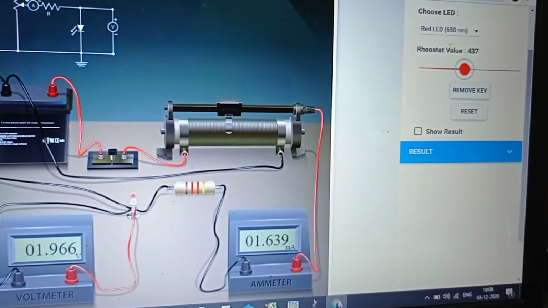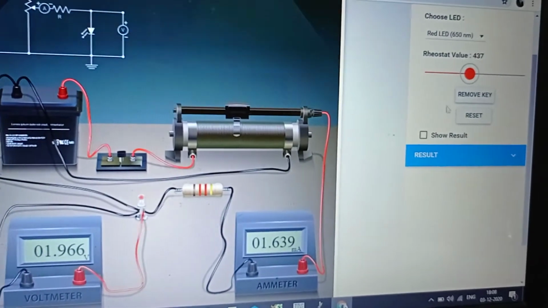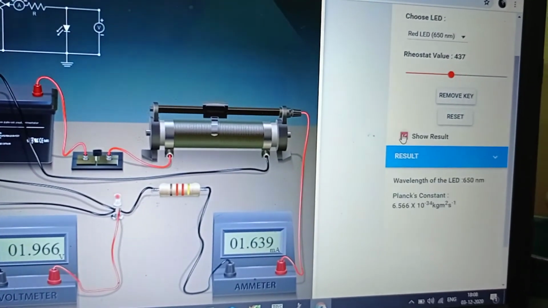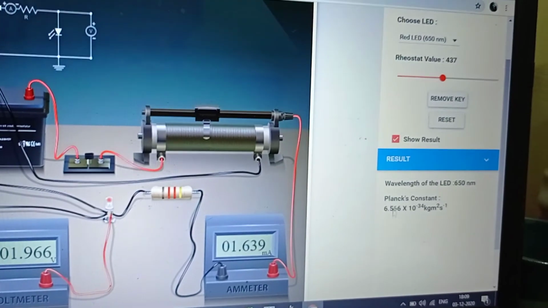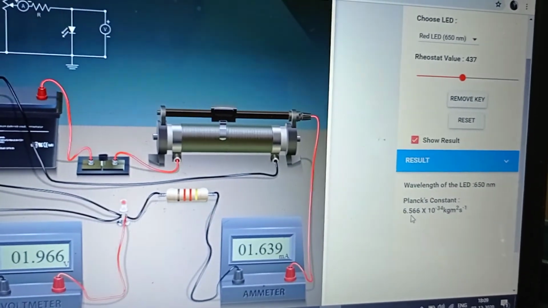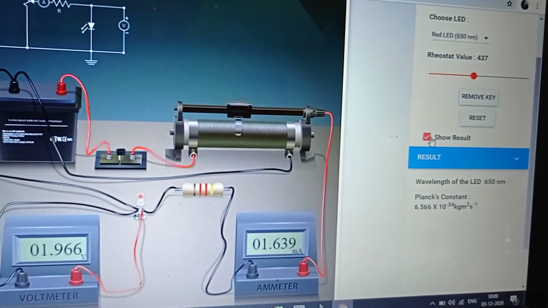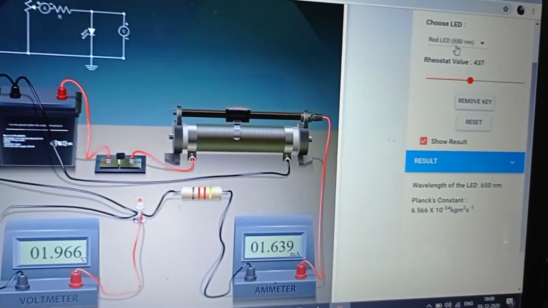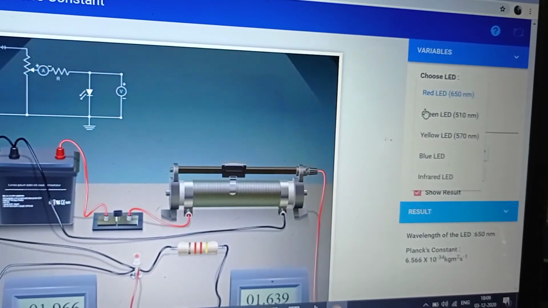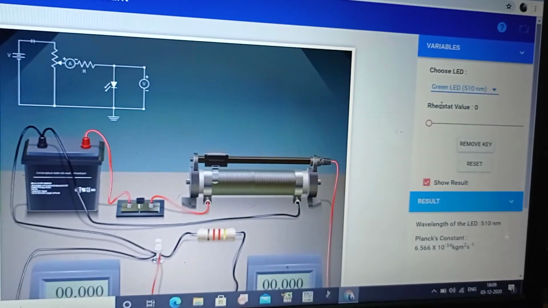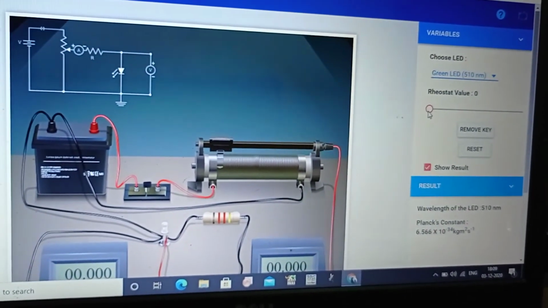Similarly, we can get the result directly for the red LED. So the Planck's constant is 6.566, but if we want to plot the graph between voltage and 1 by lambda, we will do the same for different LEDs. Now I have chosen the green LED. So now we will again